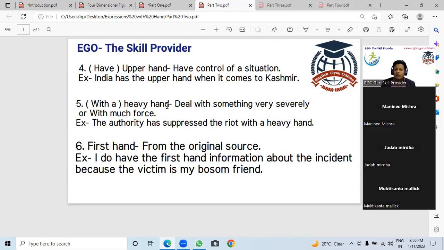So this is something called that we have to control the situation with a heavy hand. Heavy hand, I want to say, means something you want to deal with by putting a lot of pressure, force, by force. Force means using police force or army. That is called by force. So whenever you deal with a situation very severely, with much force,